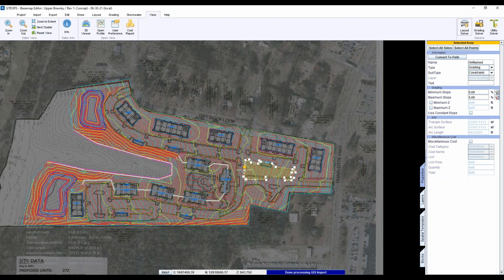There's a lot of grading going on. You're using the grading solver for all of this. How much faith do you have in that grading solver? On a site this big, are you plus or minus 30% here, plus or minus 20%? Yeah, it's tough, and we have contingencies, so I don't have to be exact.